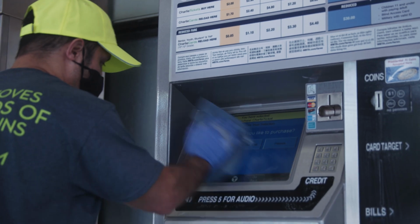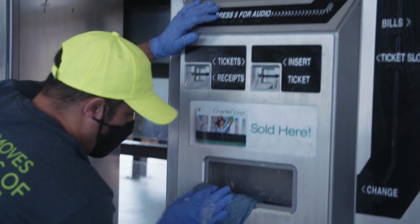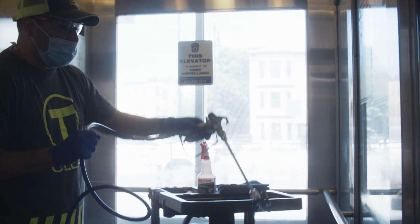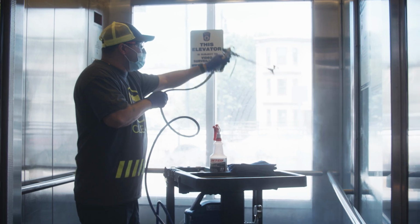The stations are receiving daily cleaning, and the bulk of the cleaning is done overnight. Power washing of the platforms and the tactile, cleaning of the restrooms, which is a deep cleaning of the restroom, and the disinfecting. The disinfecting component of it is being done every 4 hours, before and after rush, to address